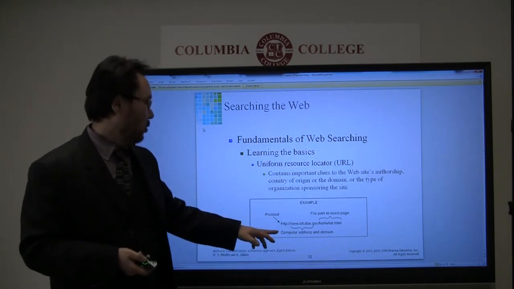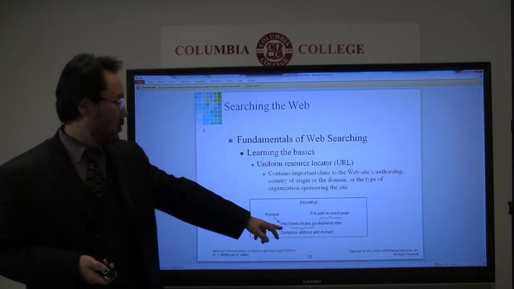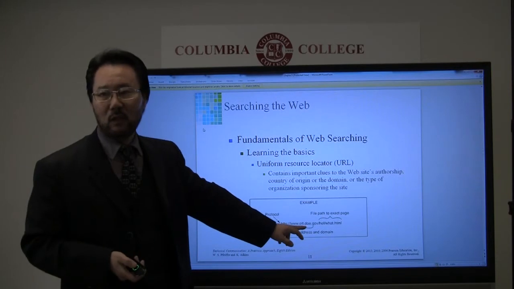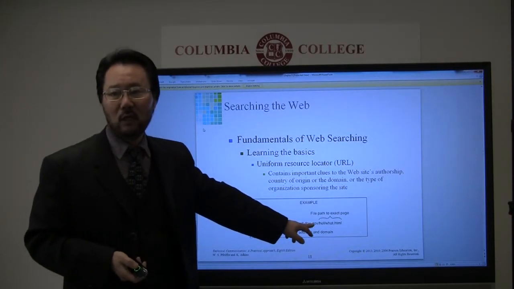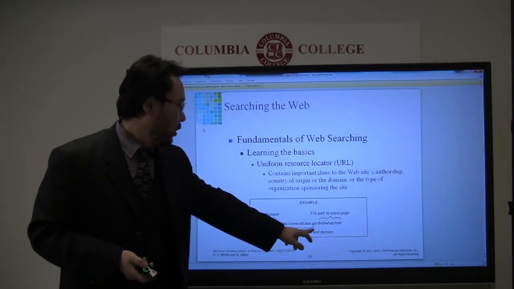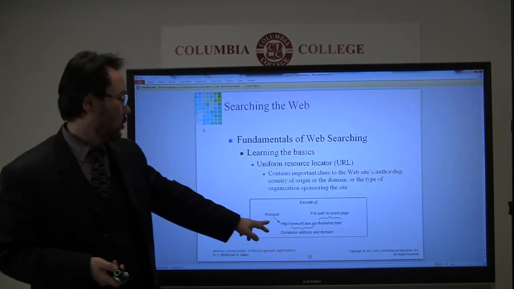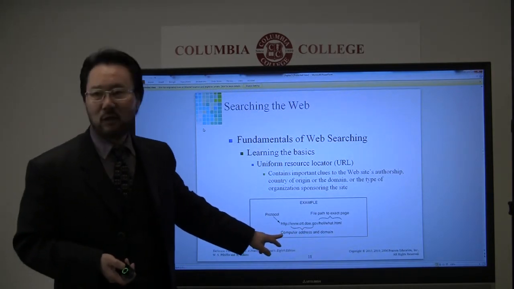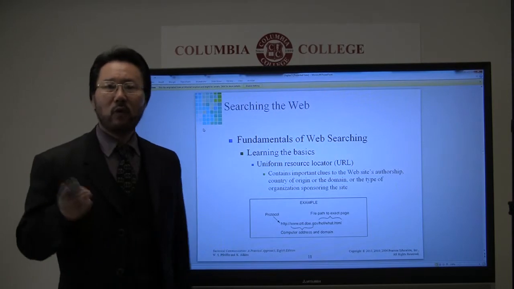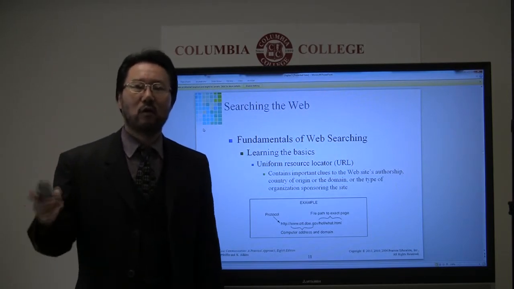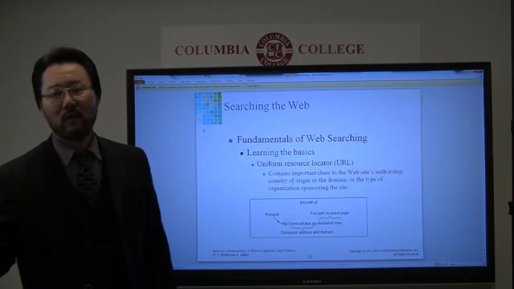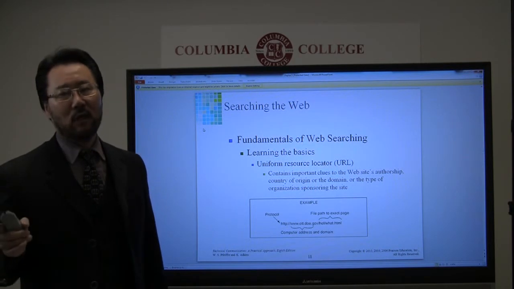For example, with www.ott.doe.gov, we know this is a government resource. This is the computer address and domain. When the last part is GOV, we know it is a government document.